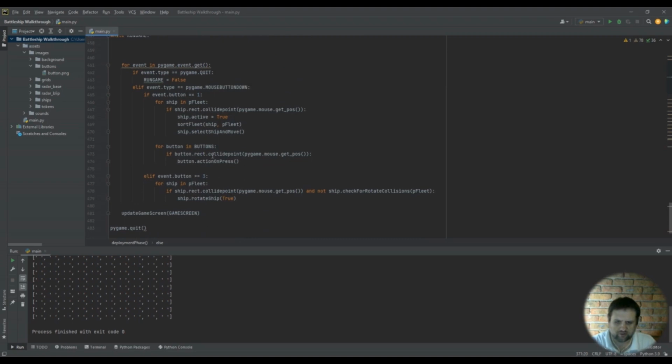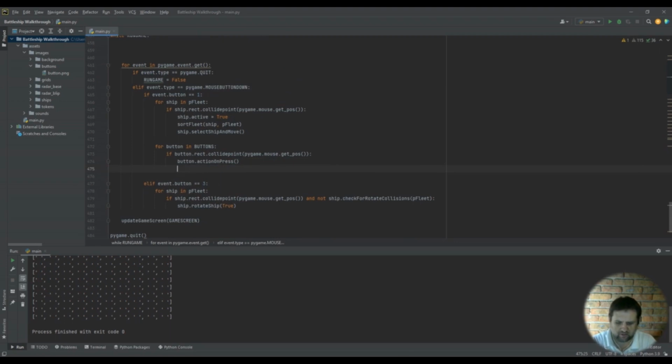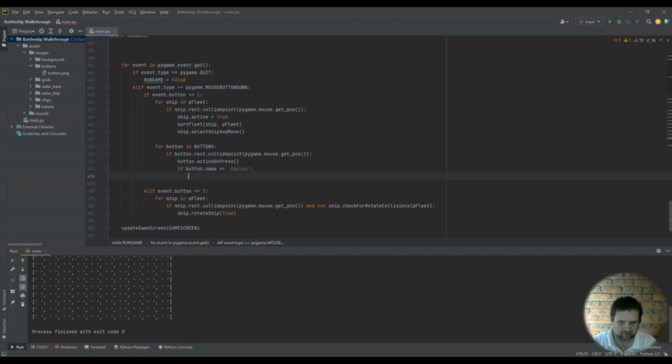so yeah, so if button.rect.collidepoint and button.action.press, then yeah, if button.name is equal to deploy, right? Then we would call the deployment phase, deployment, right? Okay, but this one now